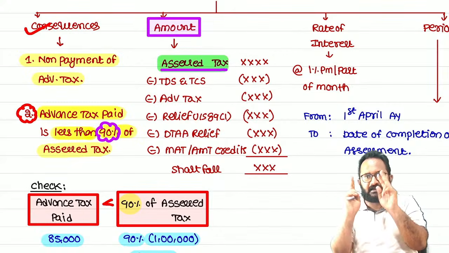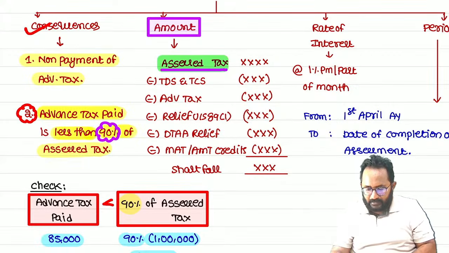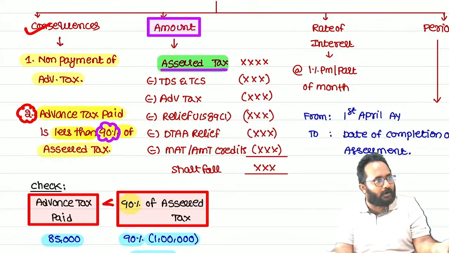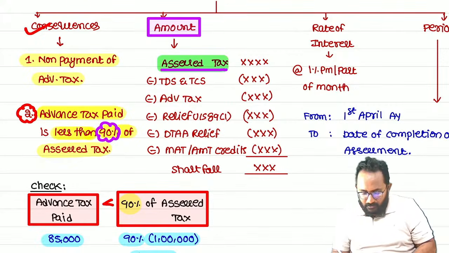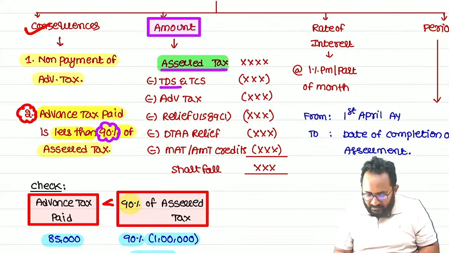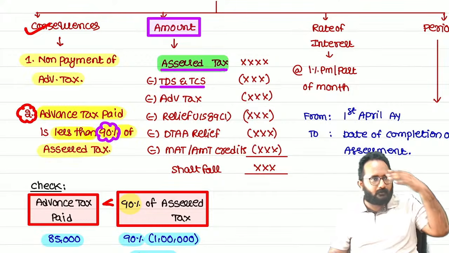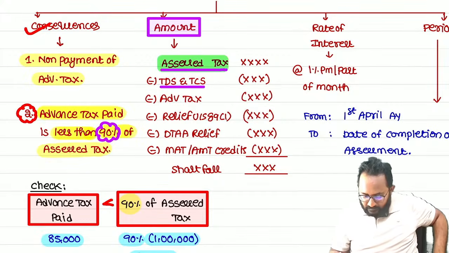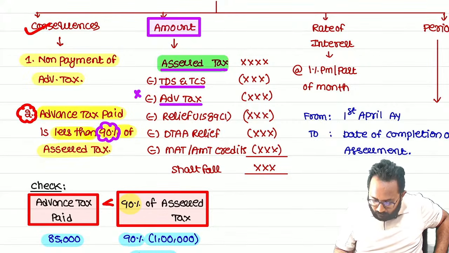Here, two persons are required to compute: first the SSC, then the AO. At SSC computation time, it is a self-assessed tax. At AO computation time, it is the AO determined tax. These are reduced by the TDS and TCS credit. Why? Because we already paid it, and we don't want to pay it again in the form of advance tax.